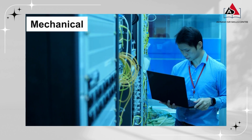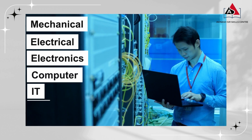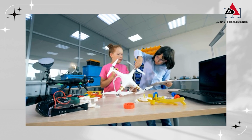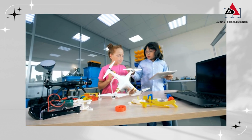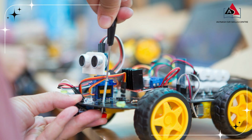The skill set required in the technical field should be developed in students before they take admission to various technical streams like mechanical, electrical, electronics, computer, IT, ML, etc. To develop skill sets in students at a very early age, we have started a technical robotics lab at Avinash Sir Skills Centre. In this lab, students will get theory knowledge as well as practical skills of different technologies